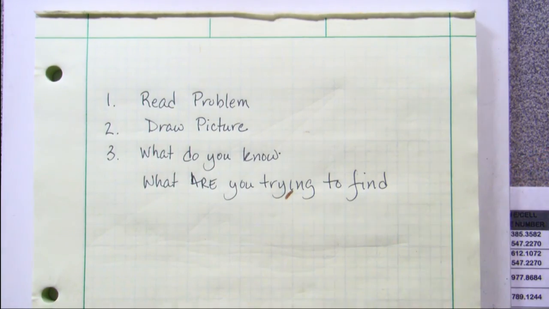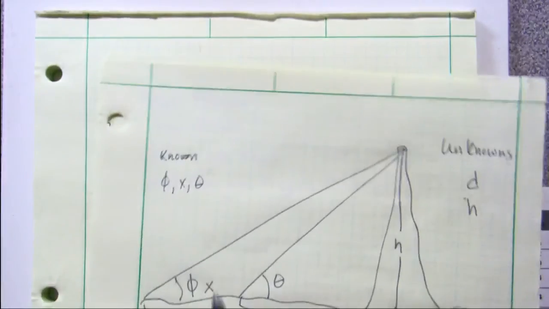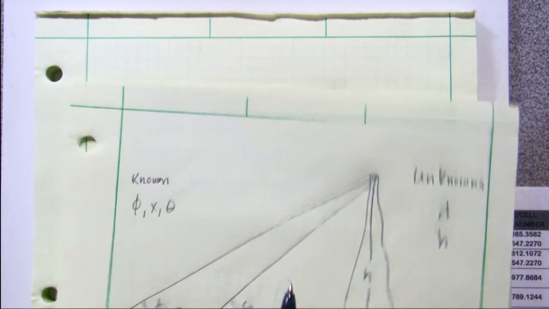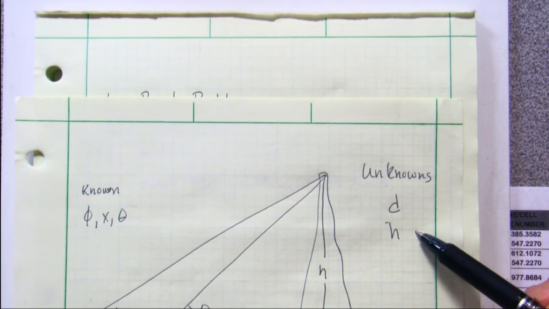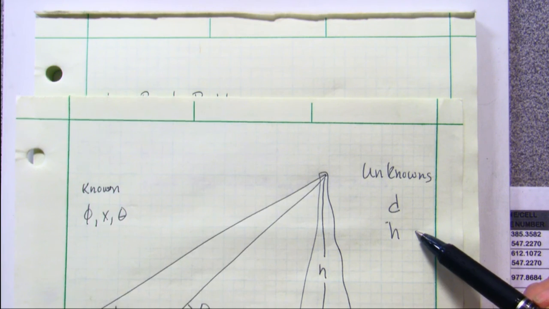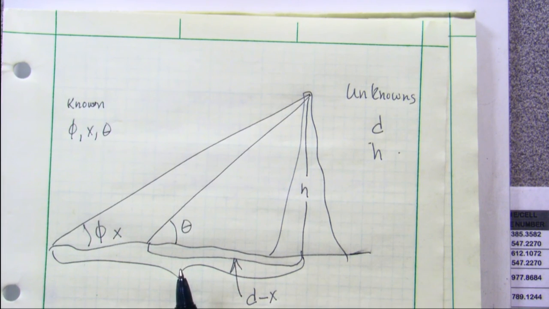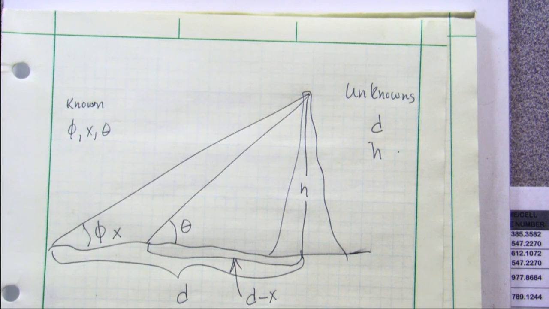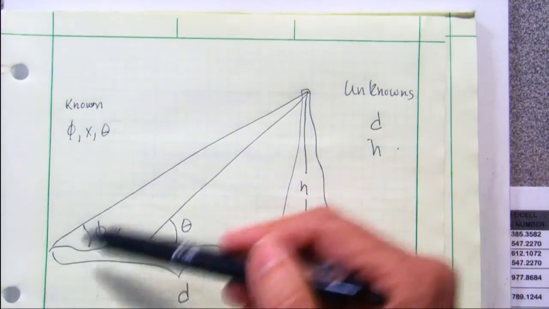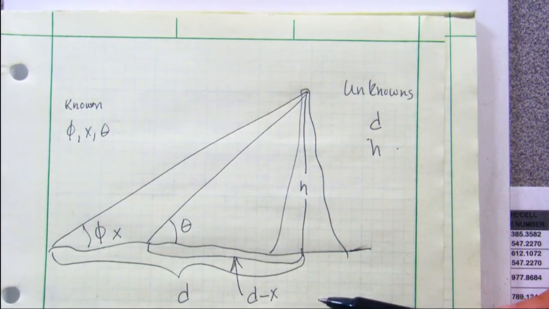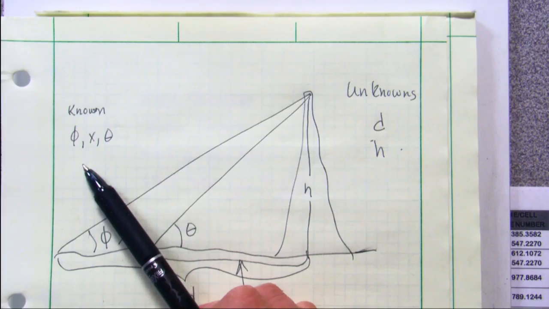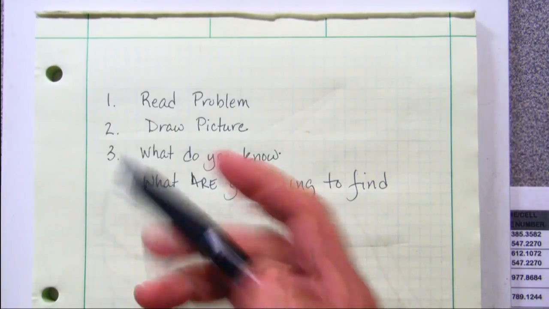So, just like what we did here, what did we know? What don't we know? We've drawn the person on the mountainside. The person wants to measure the mountain, standing far away, measures the angle, and walks towards the mountain a certain distance. So drawing the picture helps us figure out the problem that we're working with. We know what we know and what's unknown, and then it tells you